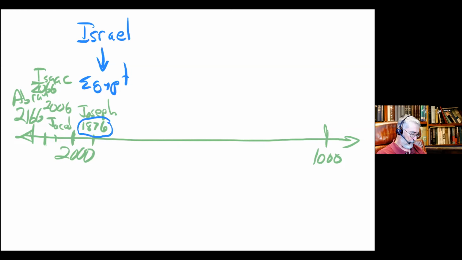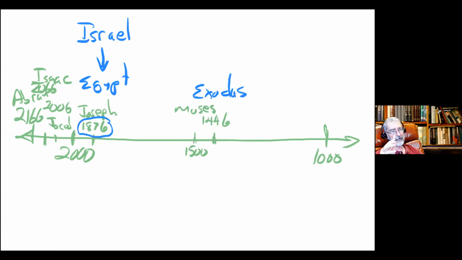Because we have another date down here just a little ways. Oops, let me get the right color. Here is 1500 BC, and shortly after 1500 BC, in 1446 BC, is a very important event called the Exodus. And the key player in this, of course, is Moses. And we're told when Moses came up out of Egypt